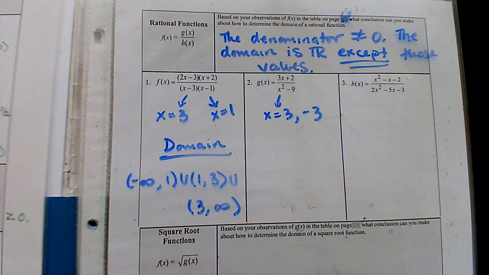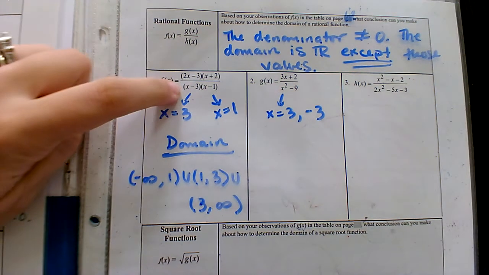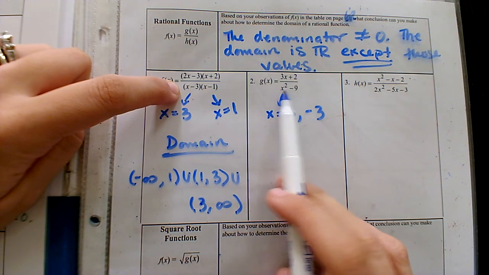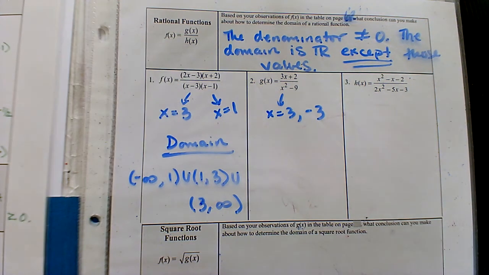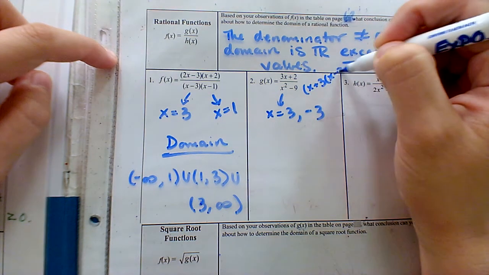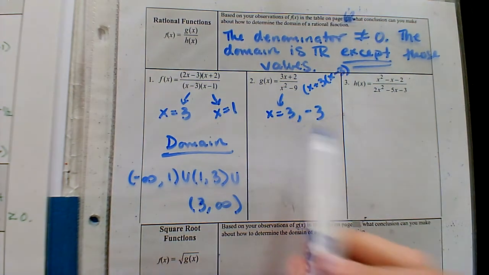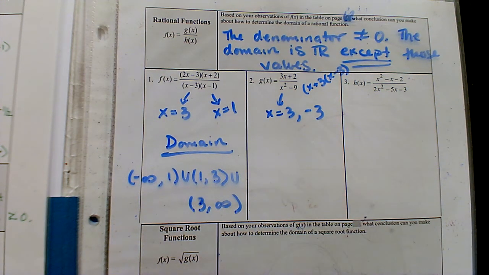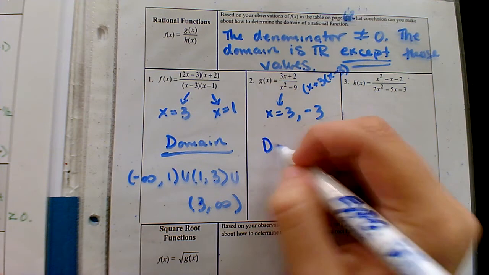Maybe you want to think about factoring. Okay, the previous example was factored for us. It has those nice little parentheses. If you factored x squared minus 9, that would be our difference of squares. That would be x plus 3 and x minus 3. Notice how you would get the same answers. Okay, so if these are the only numbers that would not work, because they would make our fraction undefined,